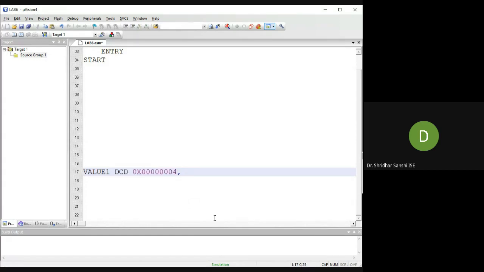I can give a comma, or I can give the next line, and I can define the next value. Again, since these are 32-bit, I'm using DCD instead of DCW or DCB.